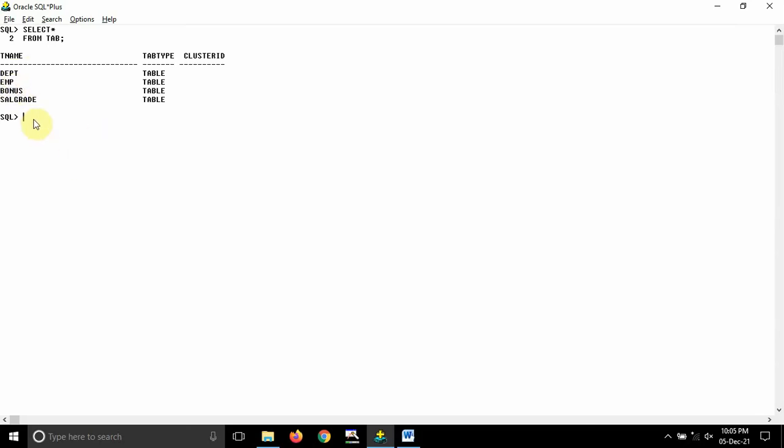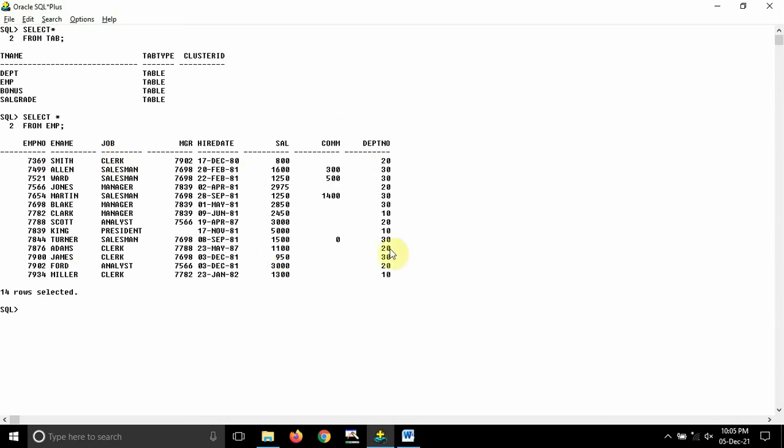I will display the fields or columns which are present in the tables, so that whenever I am writing the queries you won't get confused, and you will know that a particular column is present in the table and is named like this. I will write select star from EMP. First I will display the employee table, guys. We have got around 8 columns here. First column is employee number, second is employee name, third is job, MGR is fourth, then hire date, after that salary, commission, and department number.